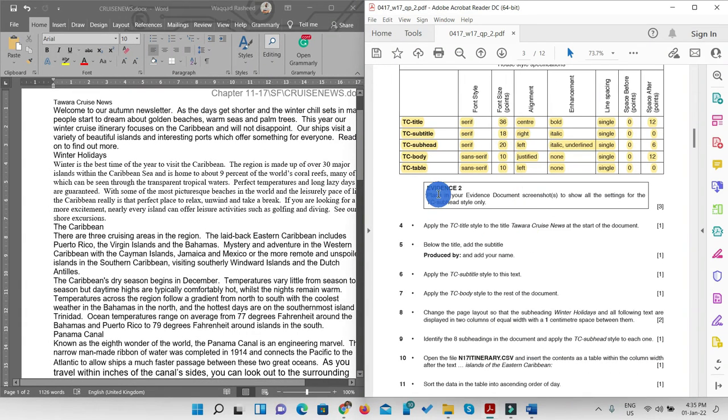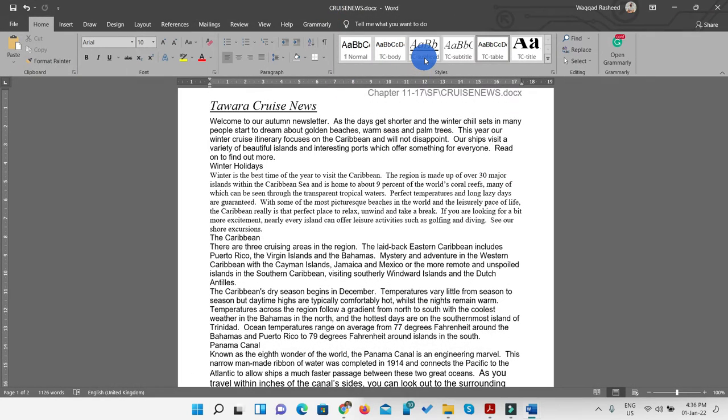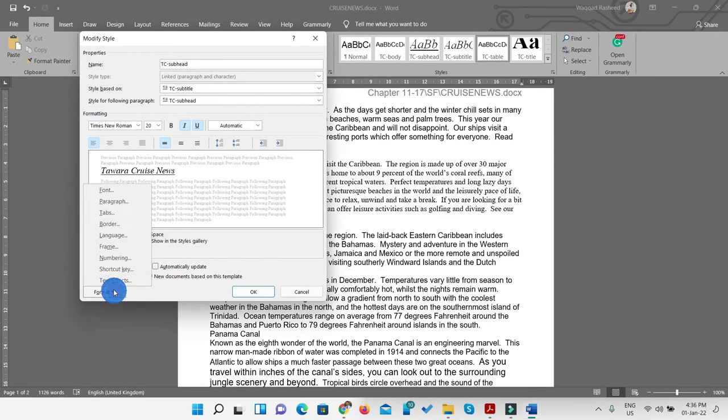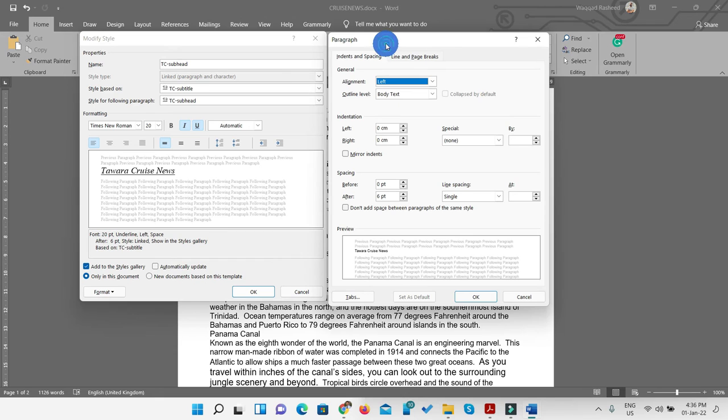Here you go. Now we come to the point where we have to take a second evidence. They are saying place in your evidence document screenshot to show all the setting for TC subhead style only. So this is our TC subhead style. If I just click on TC subhead style, just right click and modify and show all the settings. You can see settings related to paragraph, alignment, before and after, line spacing, and enhancements are there,